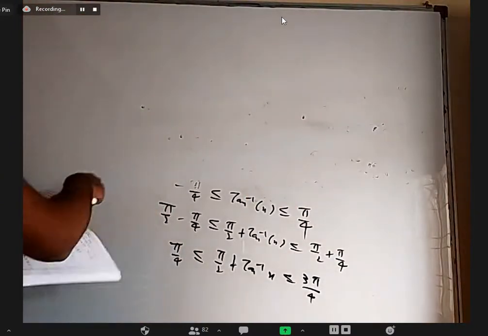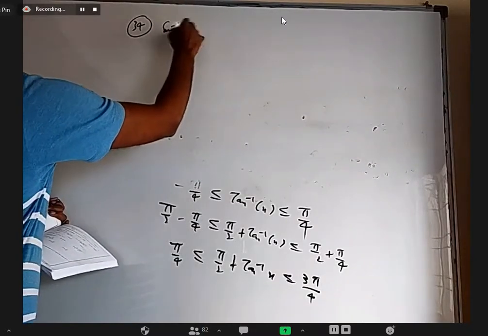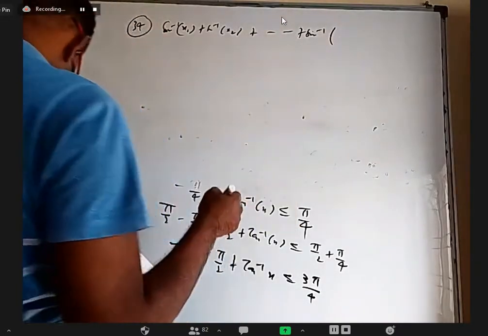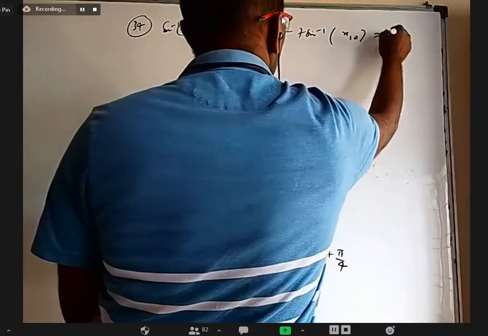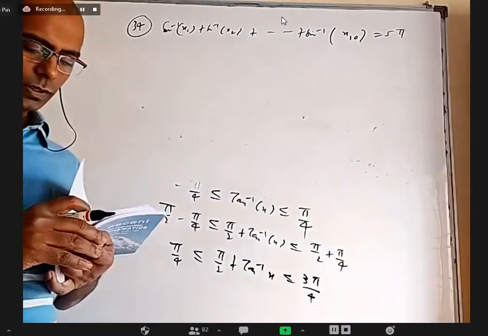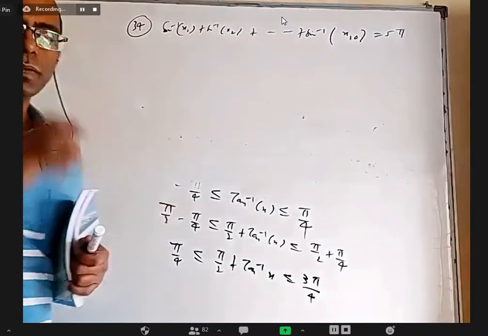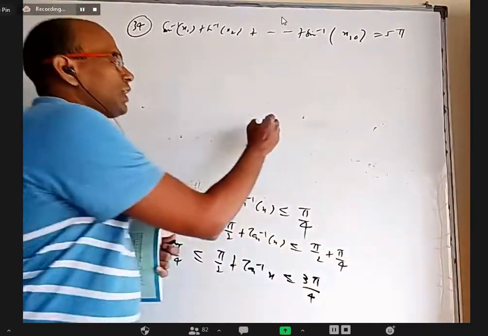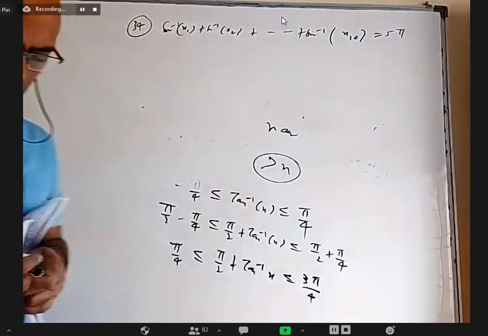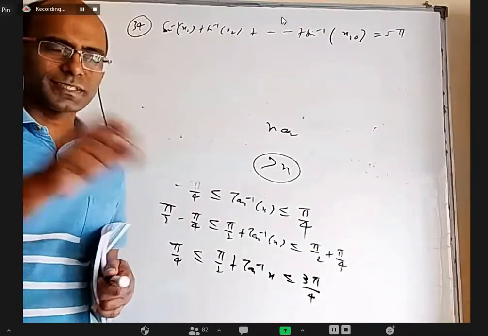Okay. Coming to question number 34. The question is sin inverse x1 plus sin inverse x2 and so on up to sin inverse x10 is equal to 5 pi, and you are supposed to find the x1, x2, x3 values. See, I told you quite a few times, whenever you have one equation but more than one unknown, or you have n equations but the number of unknowns is greater than n, most probably it is an extreme value. It will happen for a specific question only, a specific set of values only.